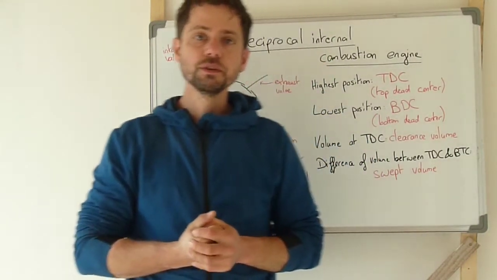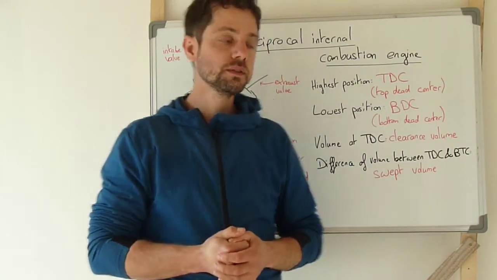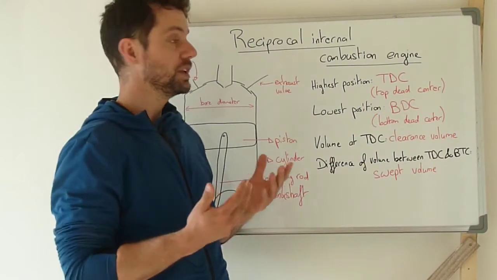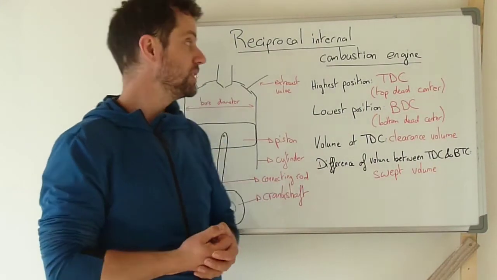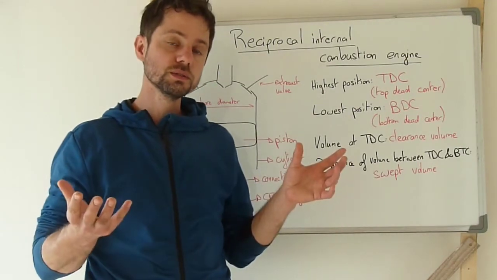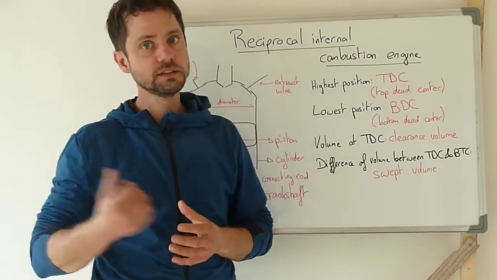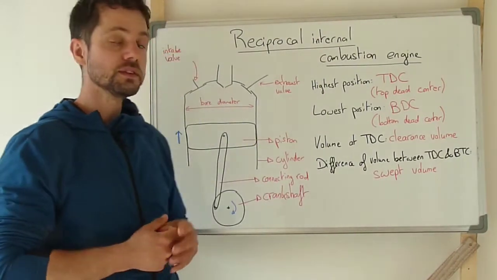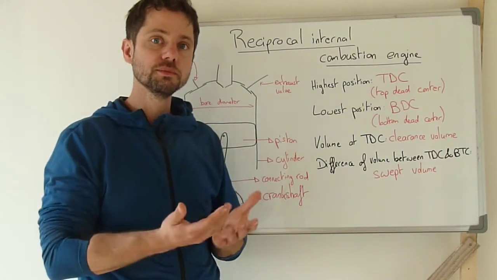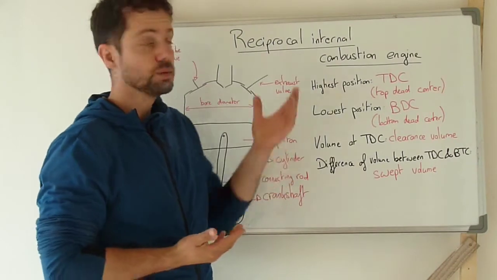Let's start a new chapter on reciprocal internal combustion engines. This type of machine are engines, or thermodynamic motors. It means that they exchange heat with a hot and a cold source. So they take heat from a hot source, give heat to a cold source, and use this heat transfer with the two sources in order to provide the mechanical work that can be used for something, either for the locomotion